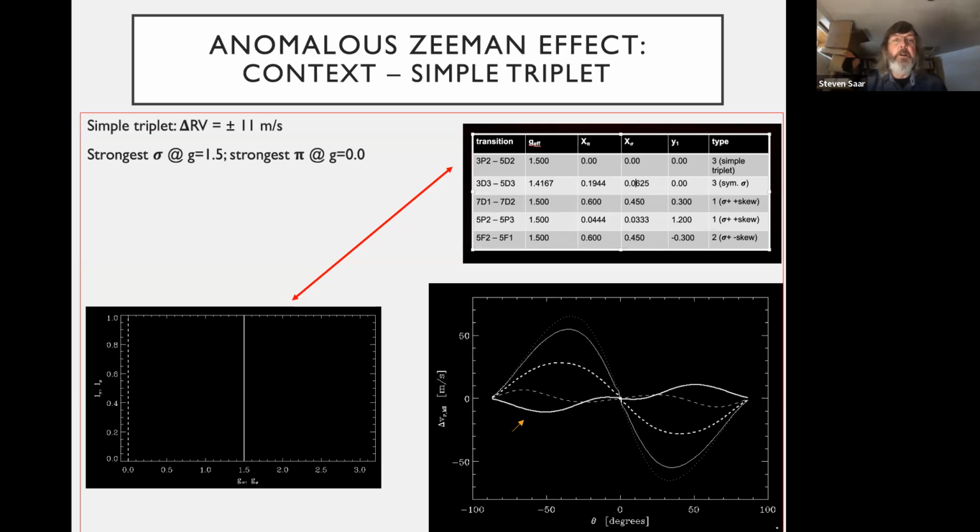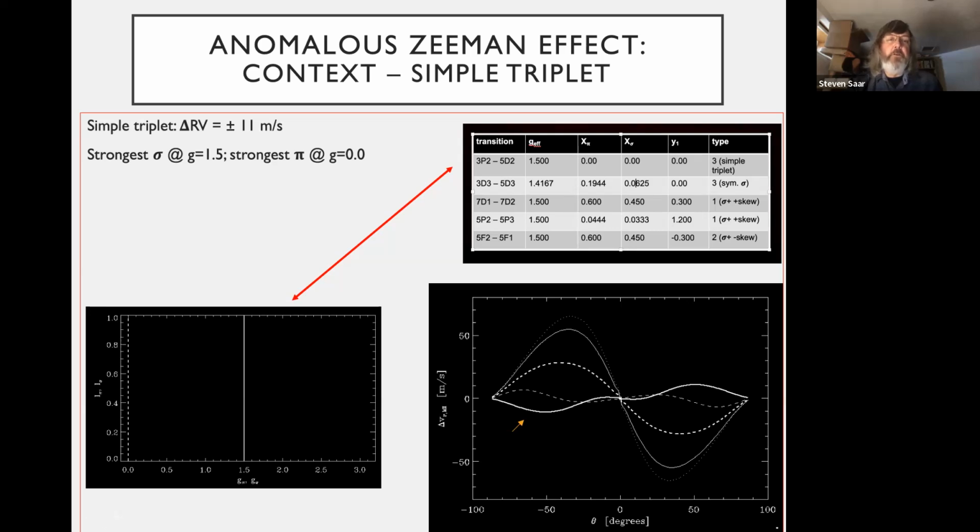And we can look at them one by one. For context, there's the top line, which is just a simple triplet. The Zeeman pattern is shown at lower left, where the intensity is plotted against the G of the particular component. Pi linear polarized components are dashed, and solid components are the sigma circular polarized components. And for the simplest case, the RV amplitude is 11 meters per second, and